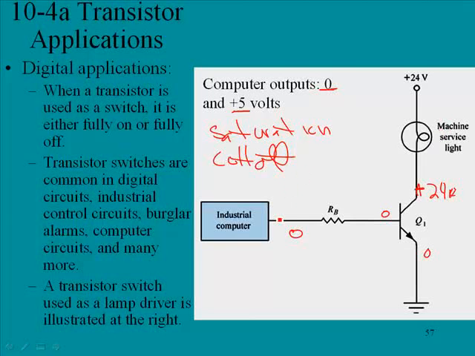Now, if we have a 5 volt input coming out of our computer, it'll first see this base resistor here, and it'll see the resistance of the diode. Now the diode will drop 0.7, and this would drop 4.3 of that 5 volt input. Now what would happen in this case is that now we have the proper biasing. The diode is going to turn on, and this diode is going to conduct in what we call saturation. It's going to conduct as hard as it possibly can, and the biasing on the base, the collector, it will